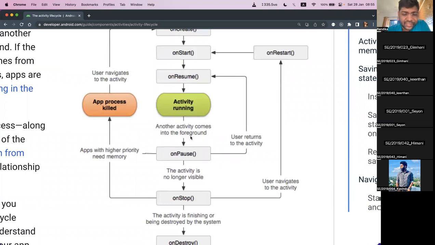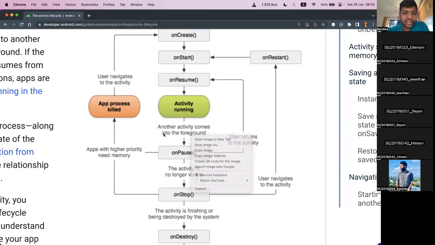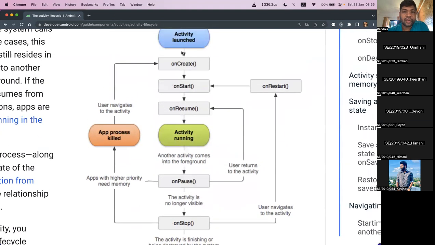So why are these life cycles here, and what are the use cases of these things? Let me explain. The activity itself, as I mentioned, is just a small class, a Kotlin class. And when you are launching that activity, as I mentioned, it comes with a UI. There should be a UI to show. When you launch an activity, if there is no UI, you can't see anything. So Android will launch this activity, and when we are calling onCreate,